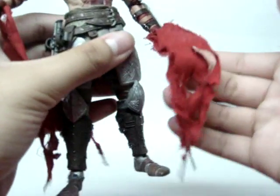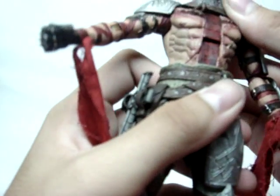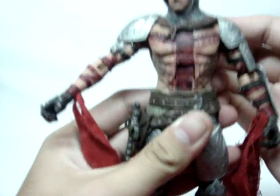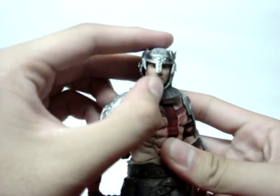Right there. Of course, he has another hand. Very nice muscle toning on this guy. Muscle detailing, muscle sculpt, whatever you want to call it. Very nice. One of my main complaints is his head. Not that it's bad, it's just